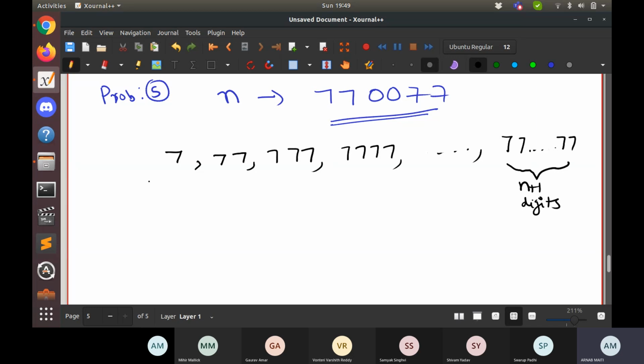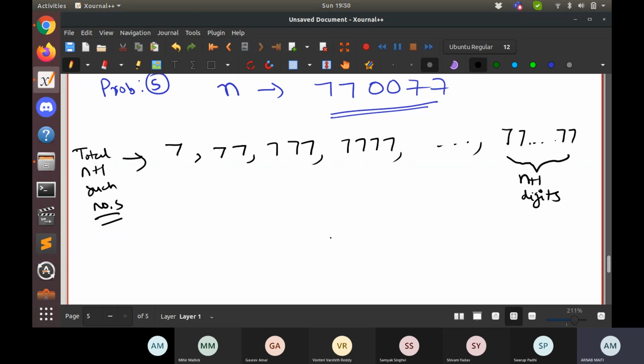So there will be in total n plus 1 such numbers.